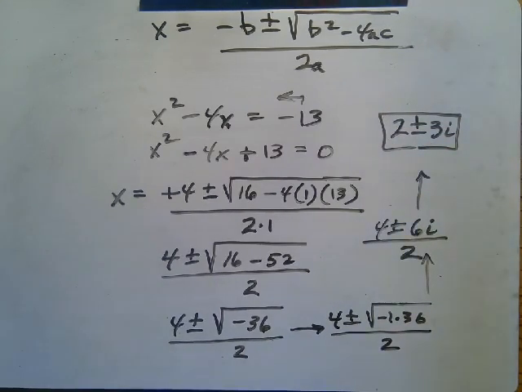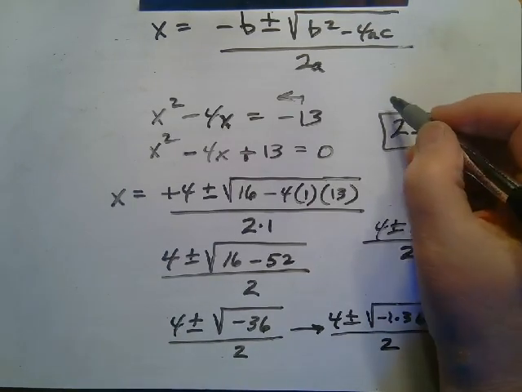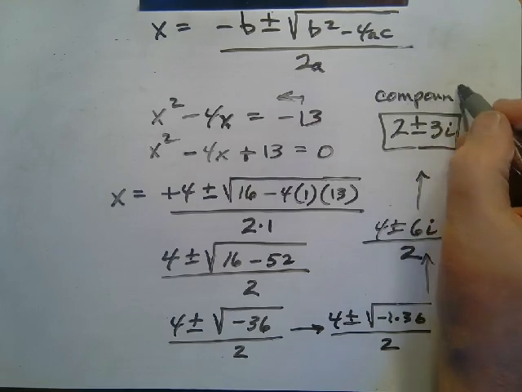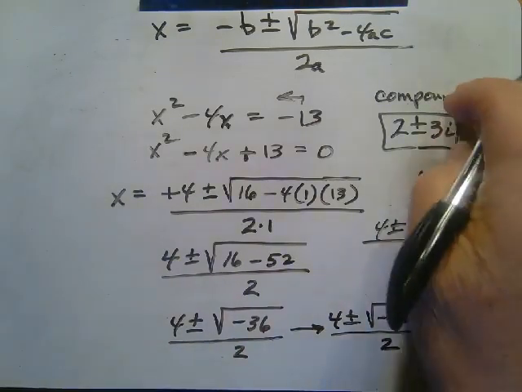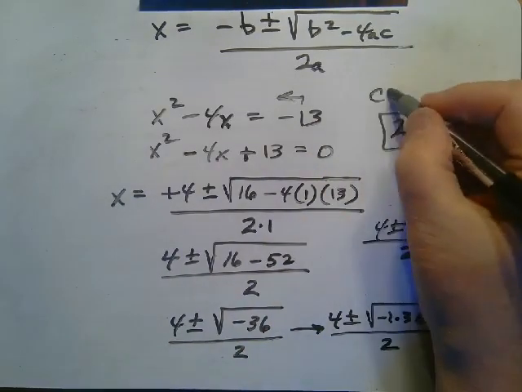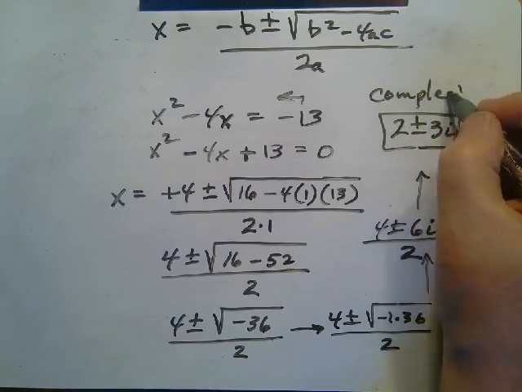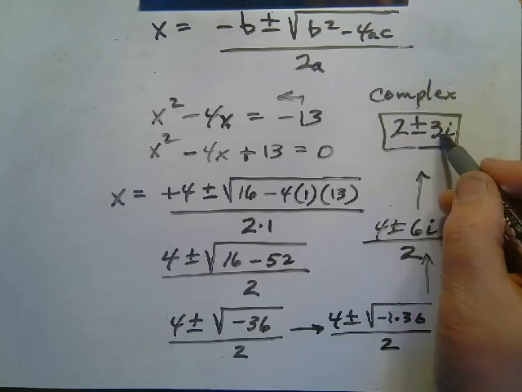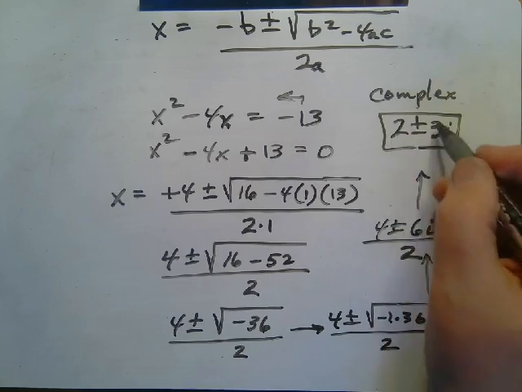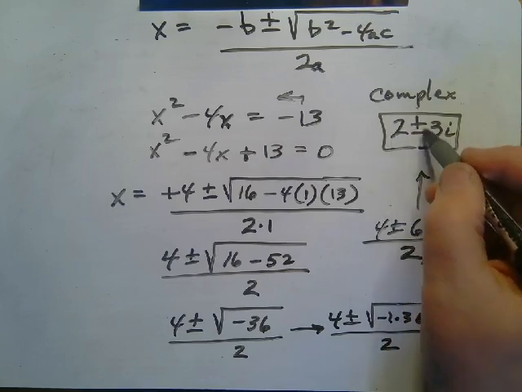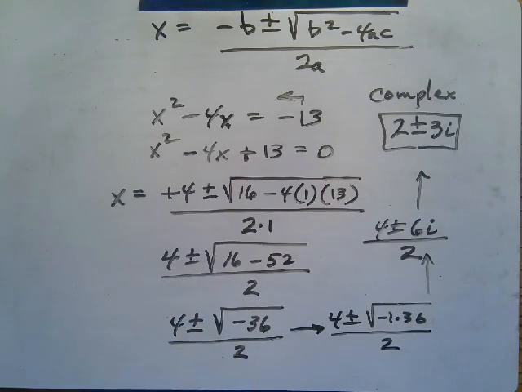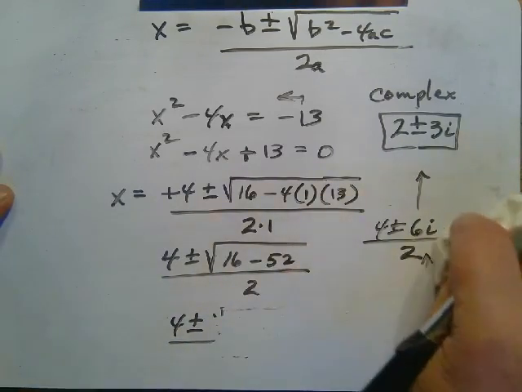You'll notice that our answer is a complex number, from the complex number system. It has a real part and an imaginary part, so there are 2 parts to it here. And there are 2 answers. So what this is saying is that this is not a real number. What this is telling us, and I'm going to erase this real quick here,